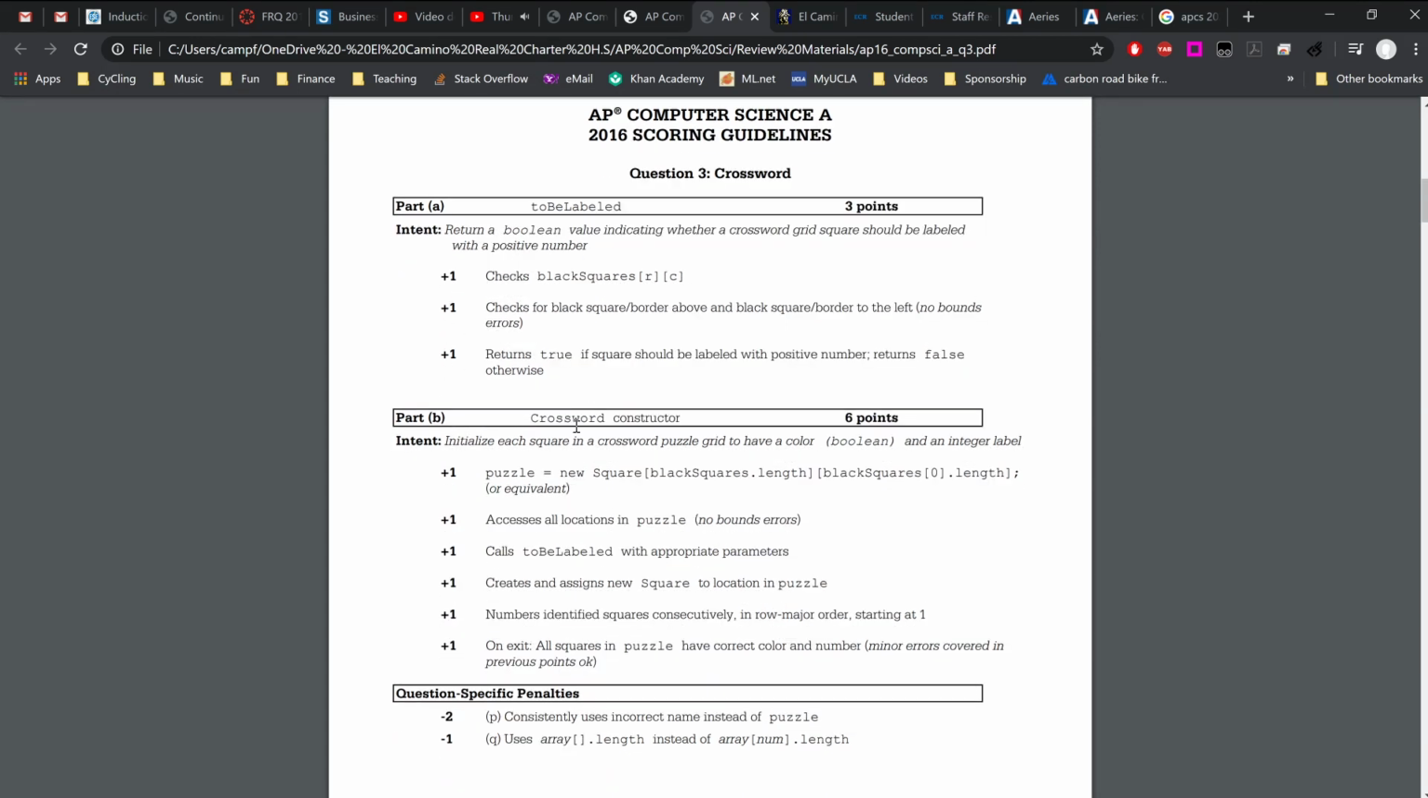Crossword constructor. So equals new puzzle. Access all locations in the puzzle. Remember, we talked about creating that double loop that goes through it. Calls to be labeled. Look at that. With appropriate parameters, you get 1 point just for calling that method with appropriate parameters. You can have no other code. So if you have no other code, you could score a 1,